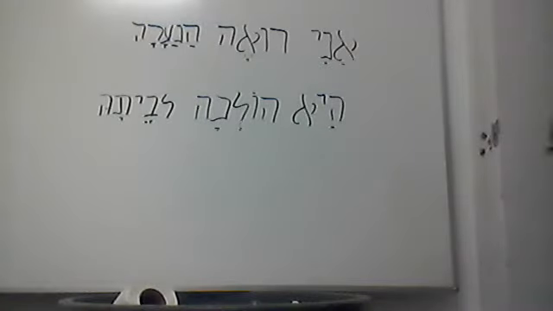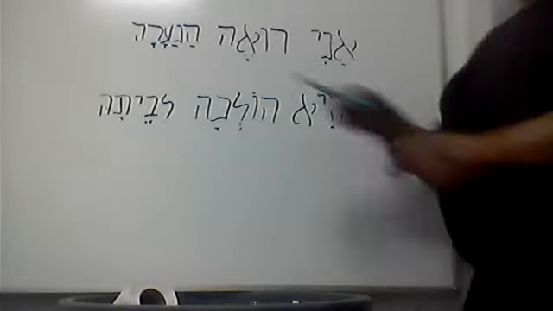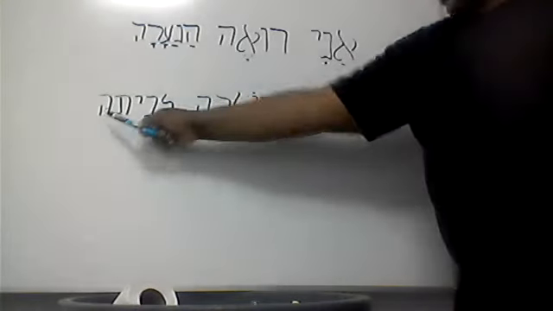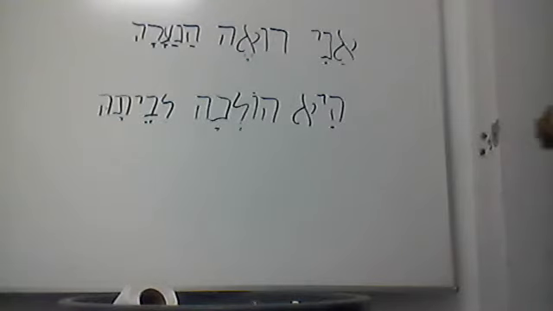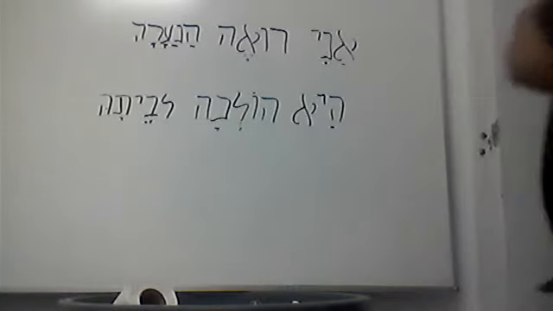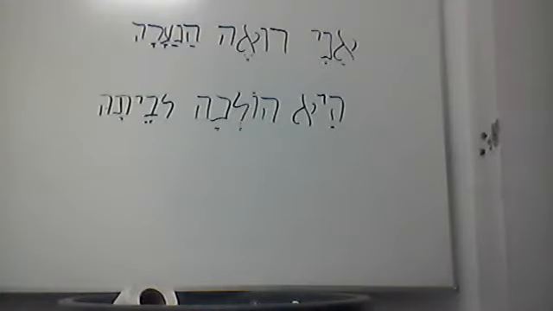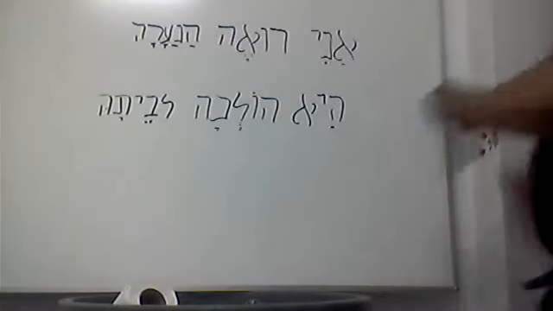All right? So if you notice, you have what? The hey, the hey, the hey. Hey is a feminine letter in Hebrew. There are two feminine letters in Hebrew: one is the letter hey, the other is the letter tav. This is something we expound upon in lessons 1 and 2, but just want to go over that for edification purposes. Let's go on into the next sentence aspect, if you will. All right?